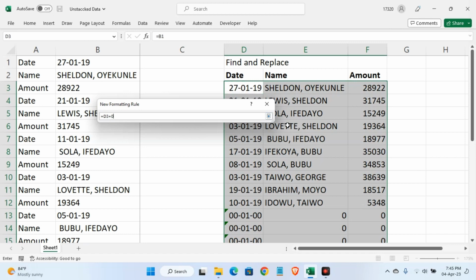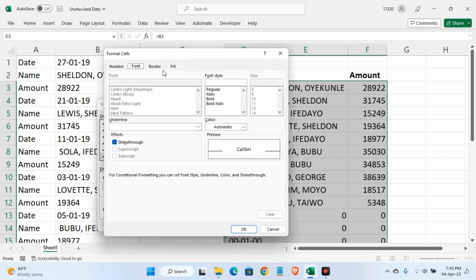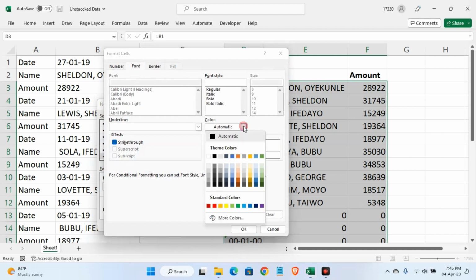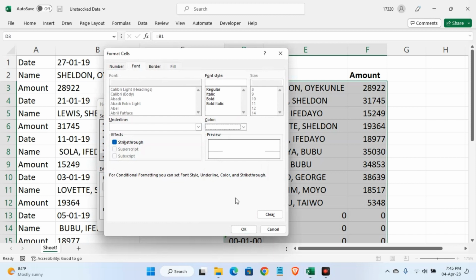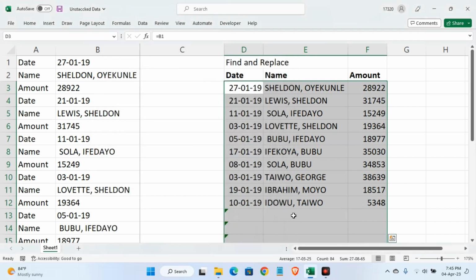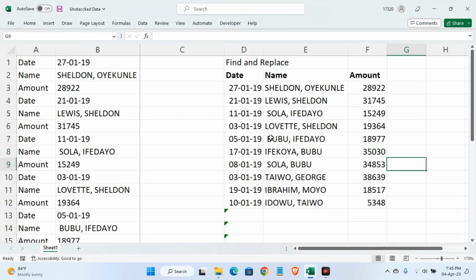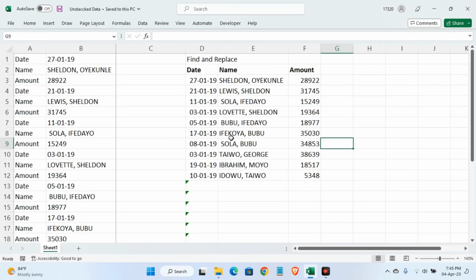So if any of these cells is equal to 0, what do we want to happen? We want to turn the font color to white. All right, and that's exactly what we get. Turn the font color into white, and we have our full data unstacked from here to here